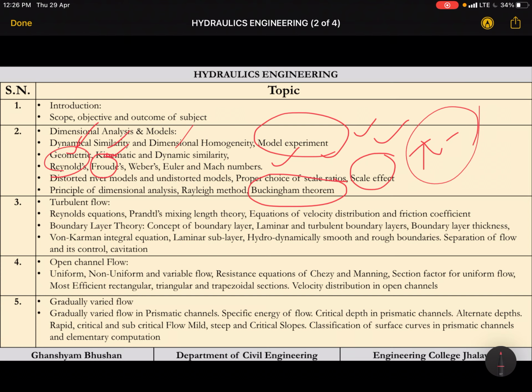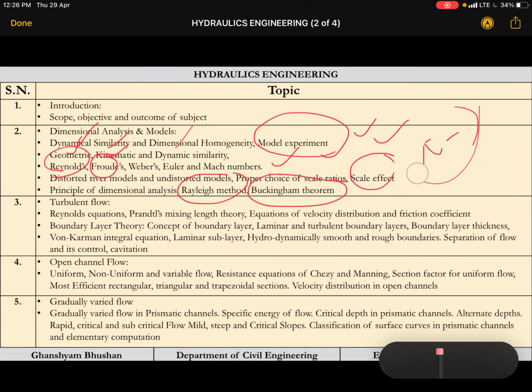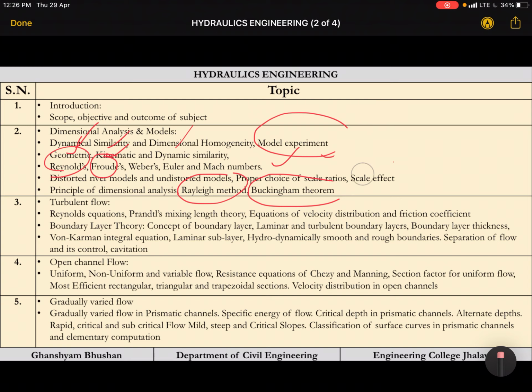Like the Rayleigh method you might have learnt in your 11th class. I think in the first unit, in the dimensions chapter, we used to see that if a force is there, it will depend upon various parameters. So we used to try to find out the relationship between the various parameters, but it has some limitations, and to overcome that limitation, Buckingham introduced the pi theorem. So that we will see in detail.